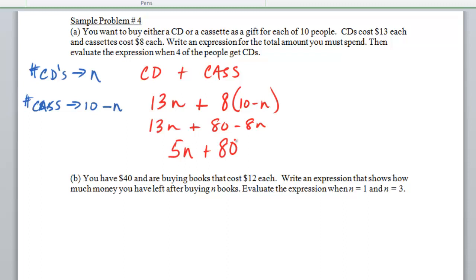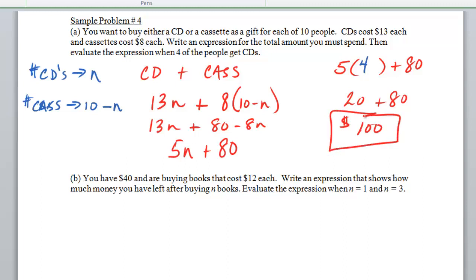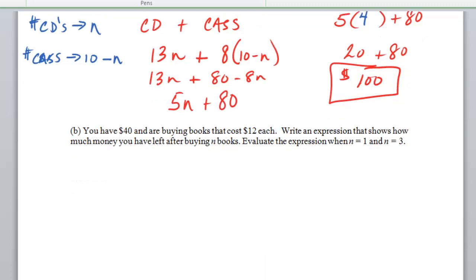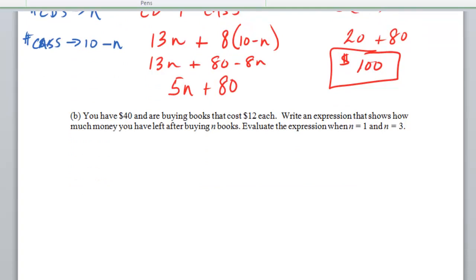Now, the second part of this problem said to evaluate the expression when 4 people get CDs. So I'm going to take 5, and remember, n represents the CDs. And so now I can just simply simplify this. And what this tells me is that I'm going to spend $100 if I buy 4 CDs and thus 6 cassettes. Alright, very good. Hopefully you managed your way through that part. Okay, part B is a similar